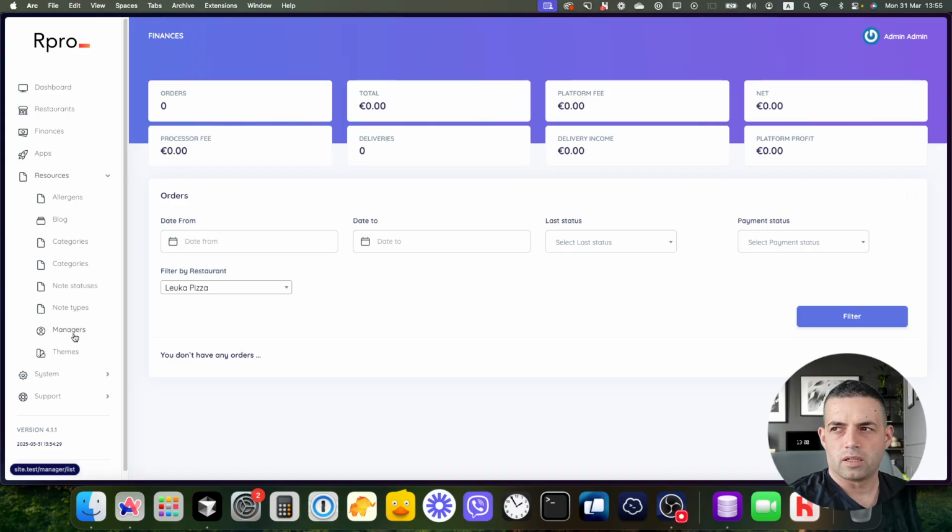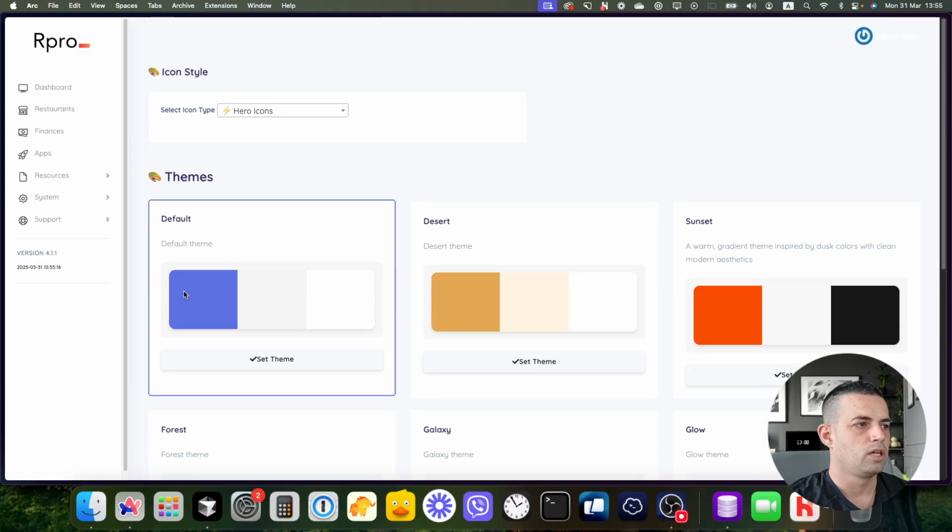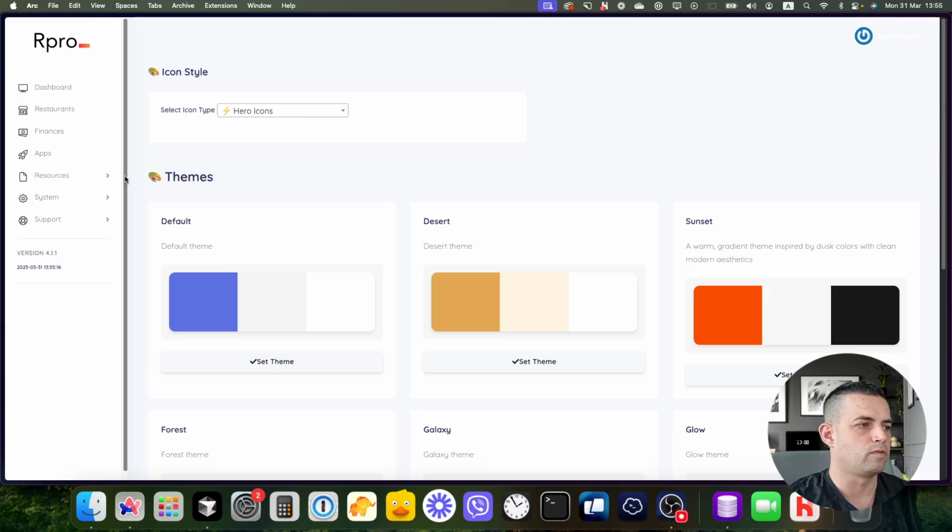What's a manager? A manager is a person that manages multiple restaurants. There will be a manager that can manage 1, 2, 3 or more restaurants. You can change the theme of this admin platform, and as you can see, you have different themes and different types of icons. Inside the system area, you can define the system settings, the landing page, you can define the pricing plans, add pages like the